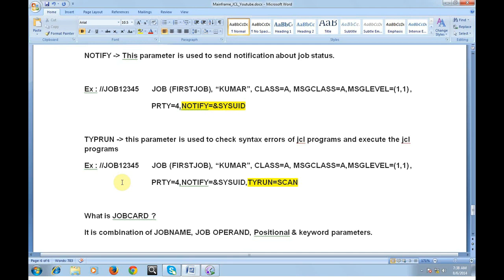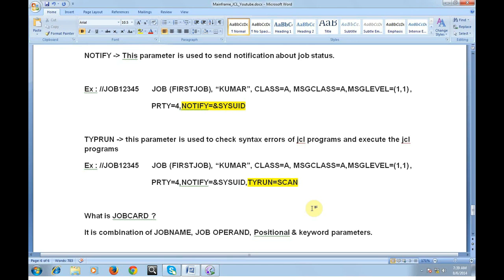Before you run any JCL program, first of all you need to check the syntax of that particular JCL. In order to check that, you need to specify the parameter TYPRUN equal to SCAN. What it does is scan the entire JCL and check whether all the parameters are placed in the correct positions.